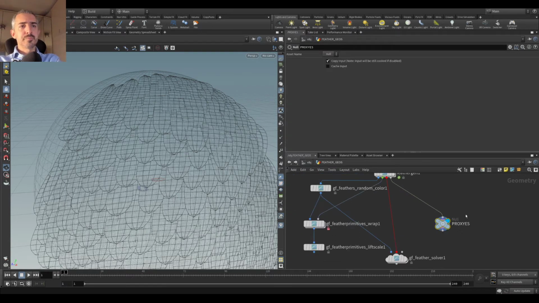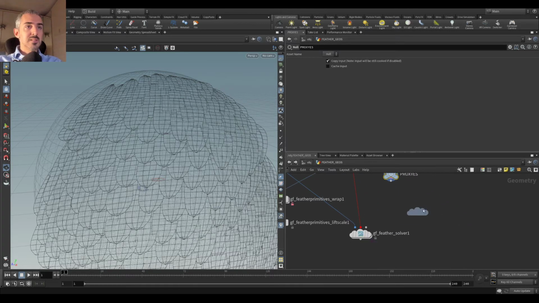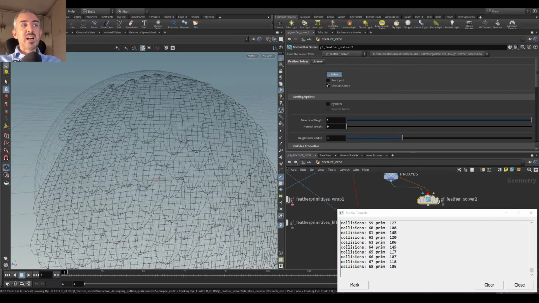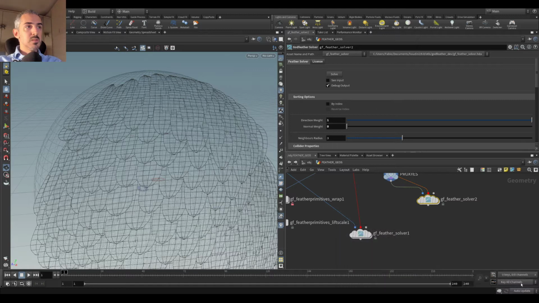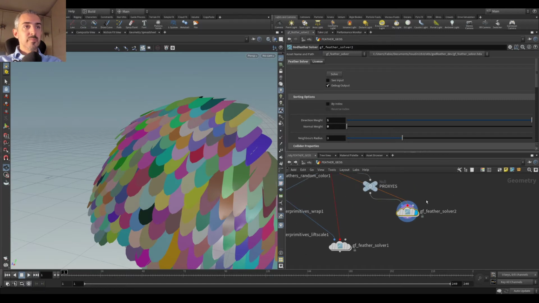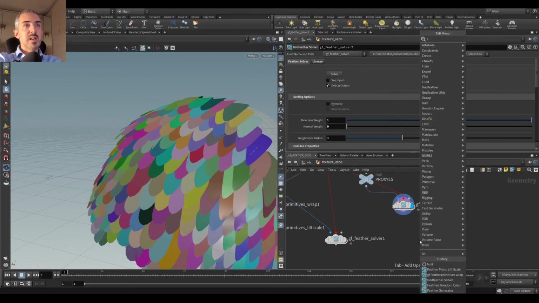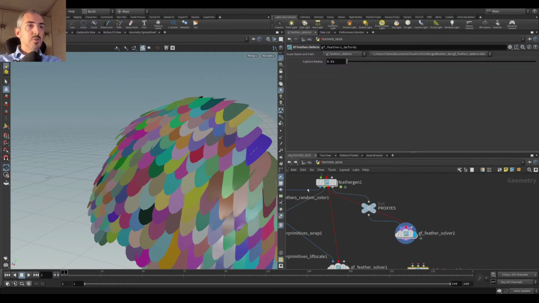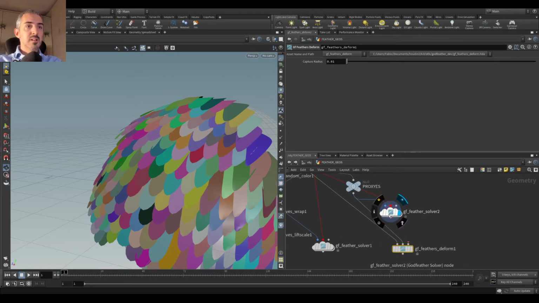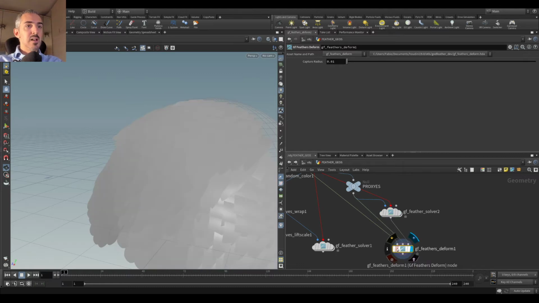After you deform your proxies, let's try to do this now. Of course, the solver is way faster with the proxy. So this is what you did with the proxies. And then you can use a feather deform, and you grab the original primitives, the proxies, the solved proxies, and you have